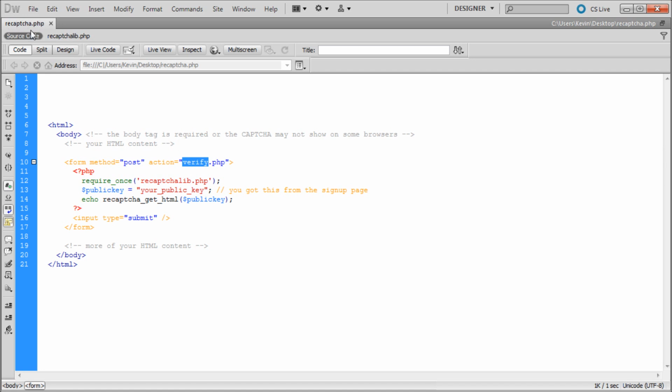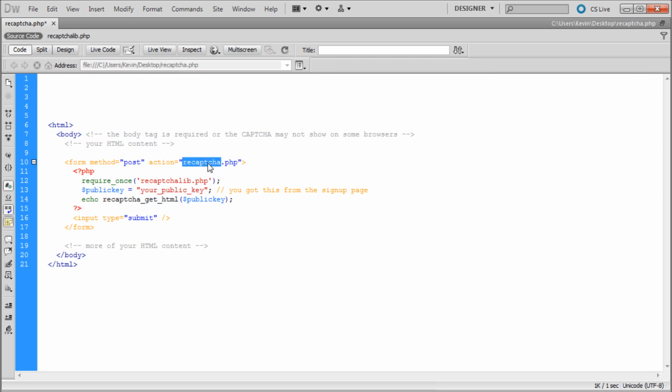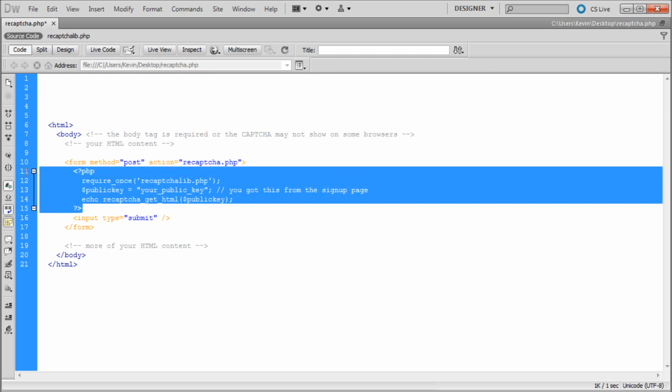So again, that is recaptcha.php. And the reason that we're naming it the same as the title is because we're going to be processing the form data within the same file, so the action needs to be set to the same file name. Alright, so once we've done that, basically you'll see a PHP block within your form element, and this PHP block